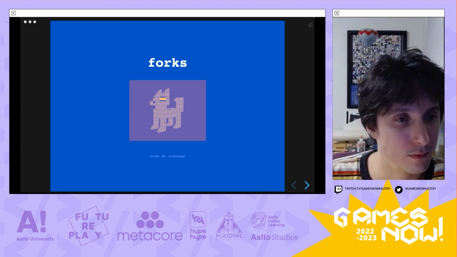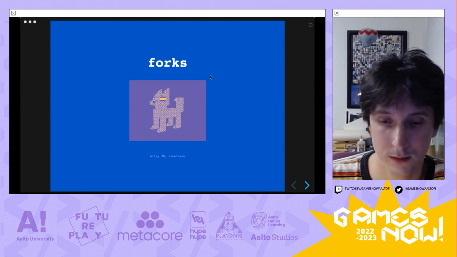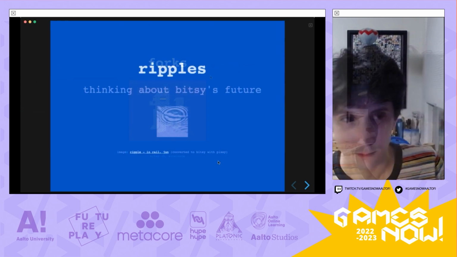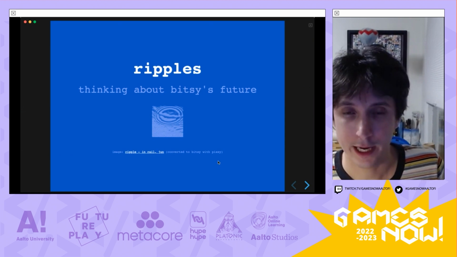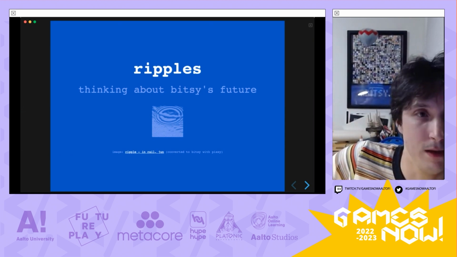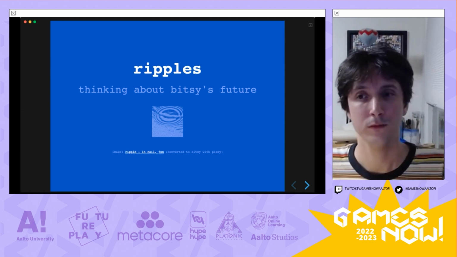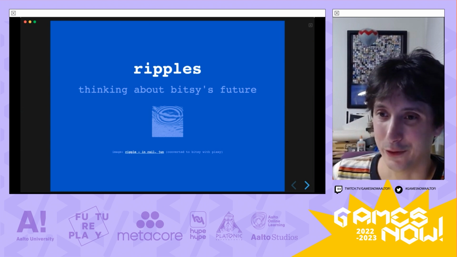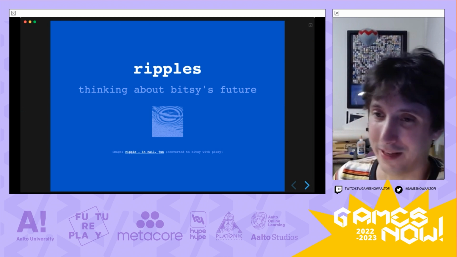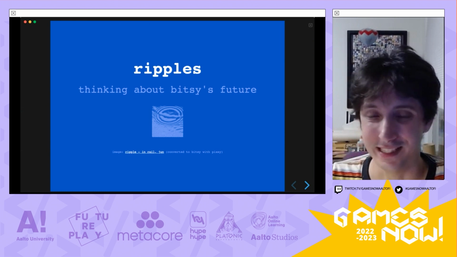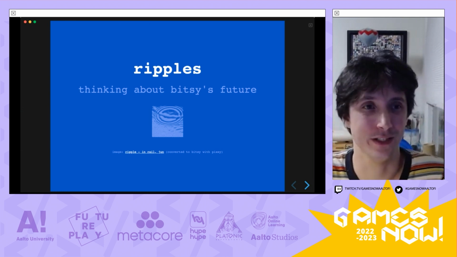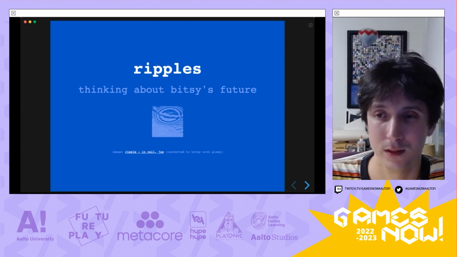So, as you can see, Bitsy got taken in all kinds of unexpected and amazing directions. Now I want to talk a little bit about the future of Bitsy, how I look at it now. And I call this section Ripples. This is sort of stretching the stone soup metaphor a lot, but I guess when you drop a stone in something, it makes ripples. Bitsy has been around for 6 years now, so it's worth thinking about what the future